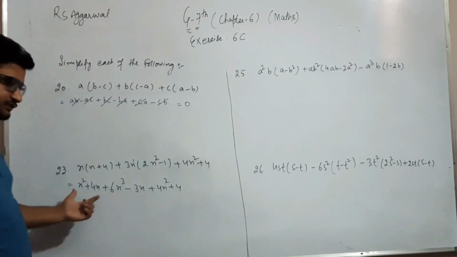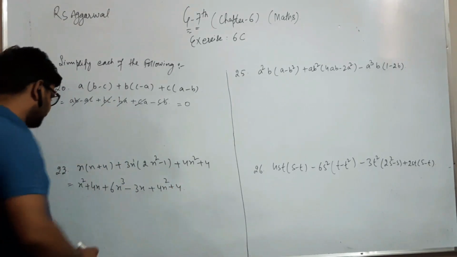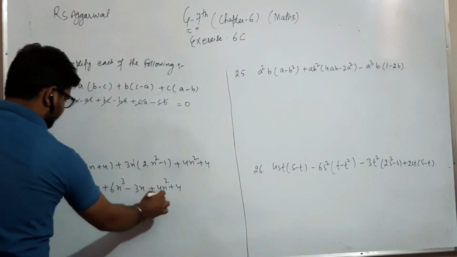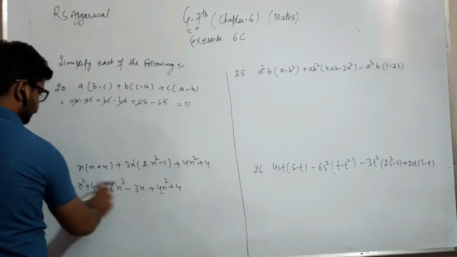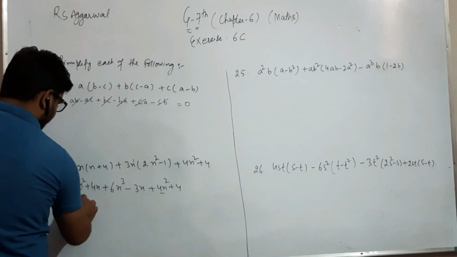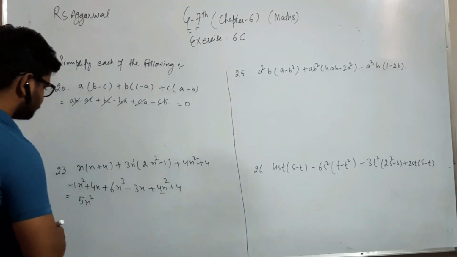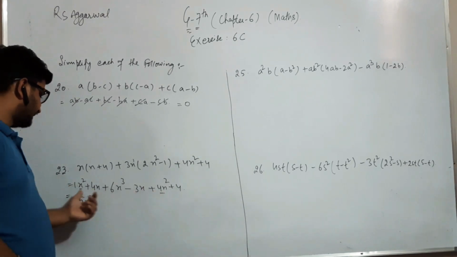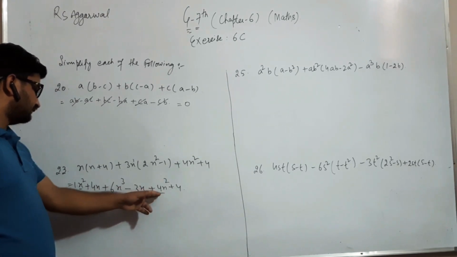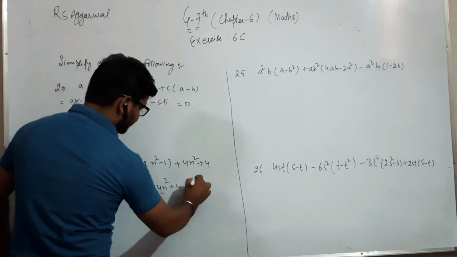So now we add or subtract the like terms. So like terms here, the x square, then here 4x square, so in both there is a plus sign, so we write 5x raised to power 2, because here we take the 1, so when both are added, here is 1 and 4. How these are added I will explain to you here.